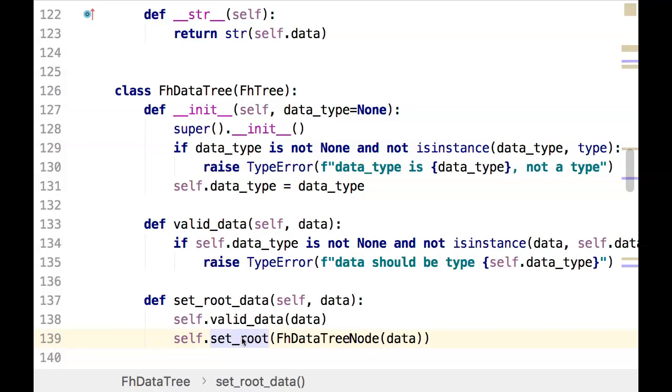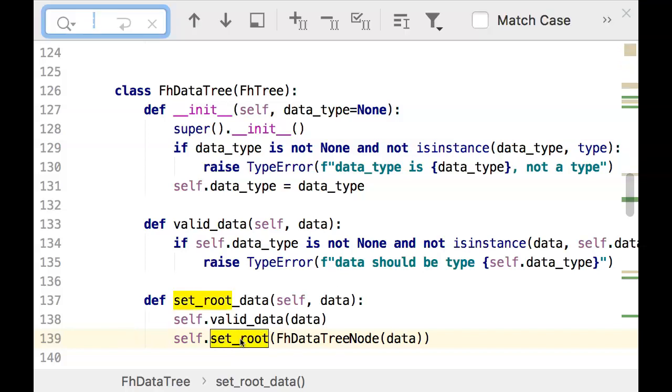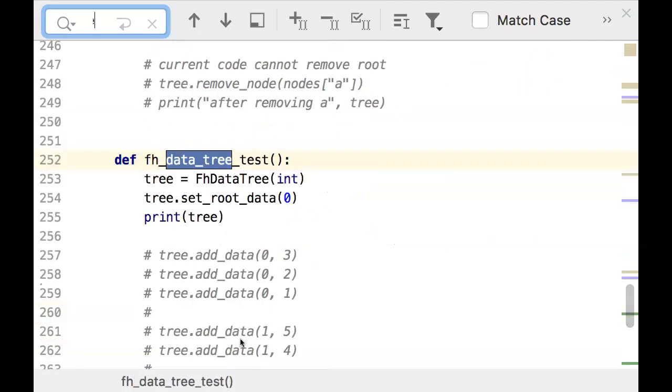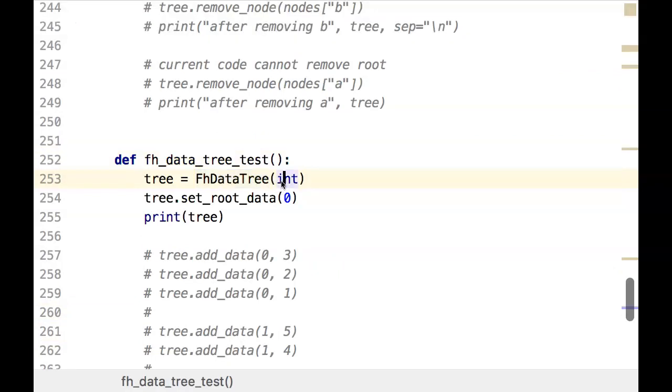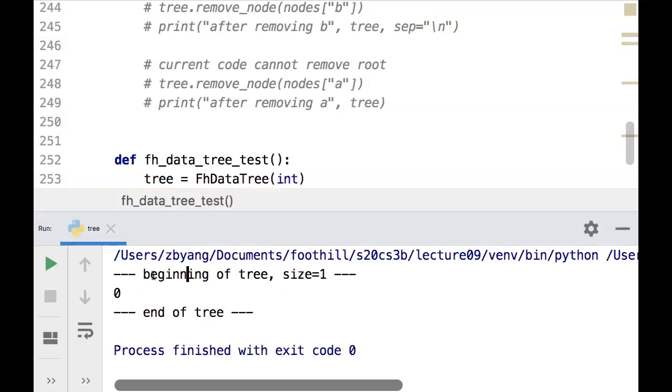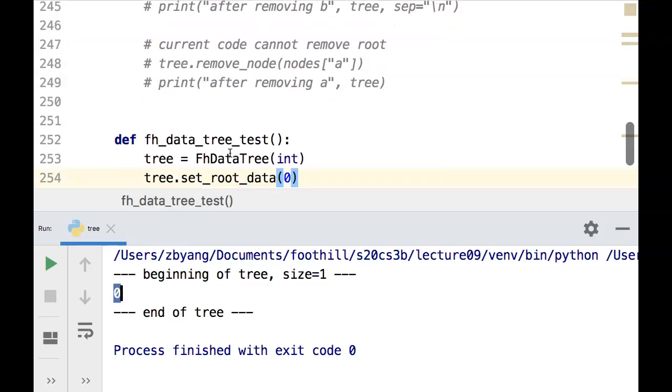So with that, we have enough to actually set up a tiny little tree with a single piece of data. So let's make sure that we can do that. Data tree test. Here we just instantiate a data tree. We'll use the data type feature. So we're going to say we will put integers in this tree, and we'll set the root data to the number 0. And let's hope that works. And yes, it does. So it's a tree. It has one piece of data in it, so size is 1, and the data we just put in is